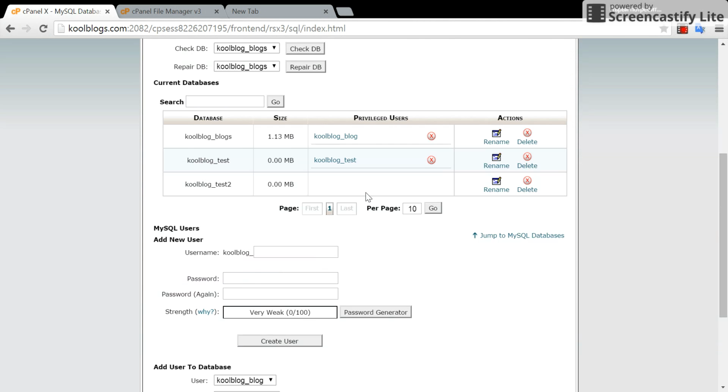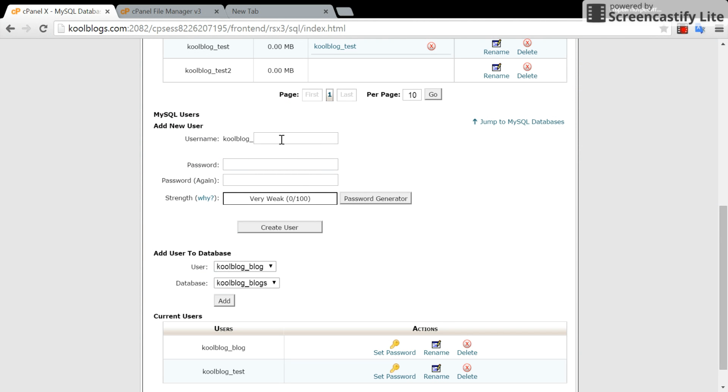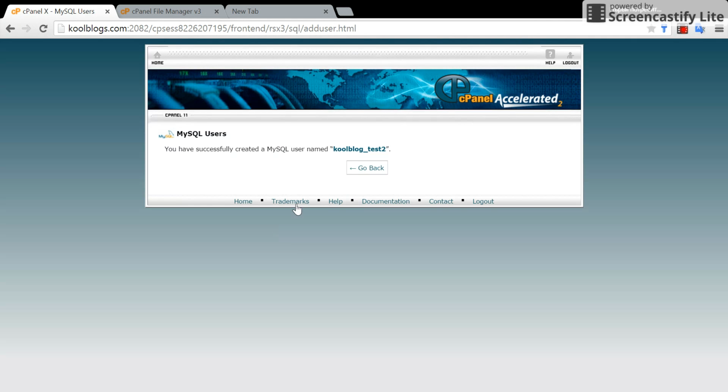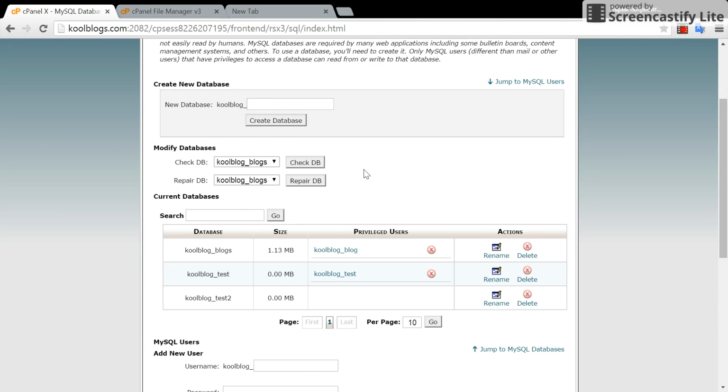Going back, then you need to create also some MySQL user. I'll enter again test2 with some password, but again you could choose any username you prefer and any password. I click on create user. We have also the MySQL user ready, and the final step here,